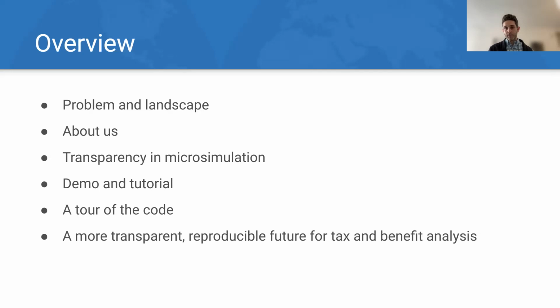So I'll show how PolicyEngine works, both on the individual household side and the population impact side. And interspersed within that, we'll see how to reproduce some of those results in Python. And toward the end, I'll give a quick tour of the code, the way that we organize everything on GitHub. Everything from the microsimulation model all the way to the interface itself is open source on GitHub. And a little bit about how we're thinking about a more transparent future in microsimulation modeling.